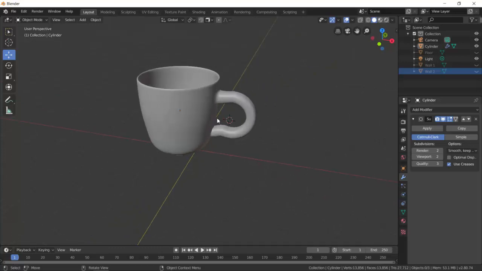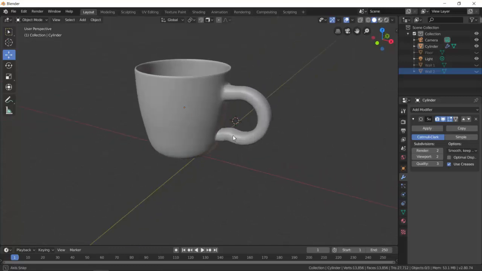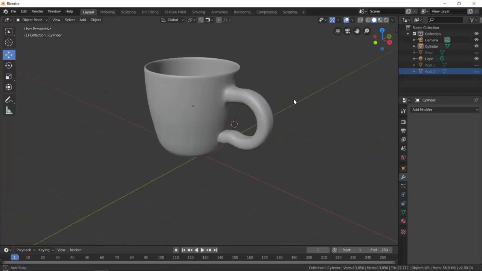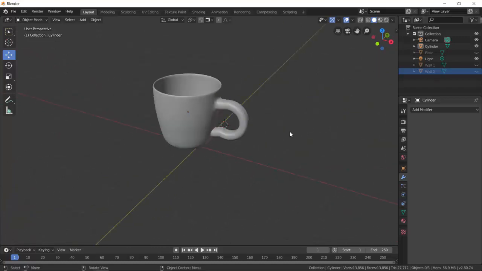Now, next step. Once I've got my cup done, I'm going to finish with that apply there so that it closes. So once you apply the modifier, you can't change these values anymore. So I'm going to press apply and just leave that. I'm pretty happy with the shape of my cup. I'm now going to add in